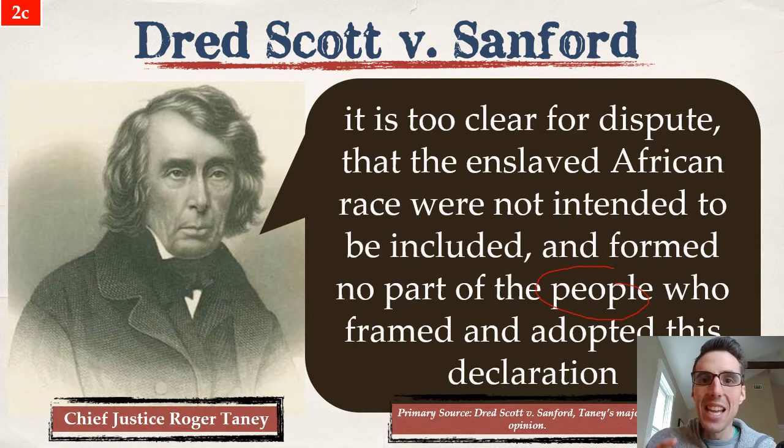He's saying that the framers and the founders never intended to include black people in the Declaration of Independence, which not only is, first of all, foreshadowing back 80 years, 70 years to what they believed. Maybe some of them did, but they never said that in the Declaration, okay? He's saying that it was too clear for dispute. He's saying it is clear. They didn't mean that, which John Green says in his video. That is not true at all, right? We know that Biddy Mason, many people were included and won their freedom, declaration, right, and the Constitution.